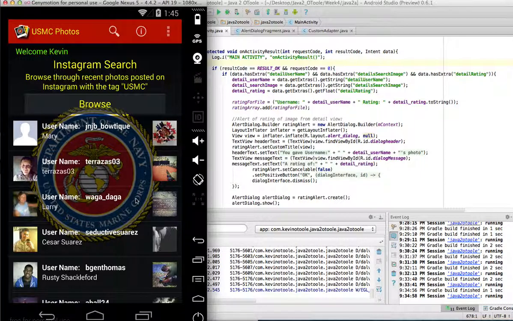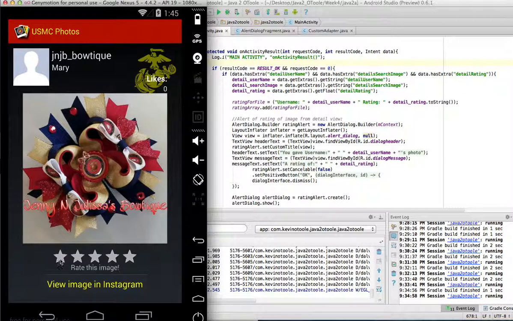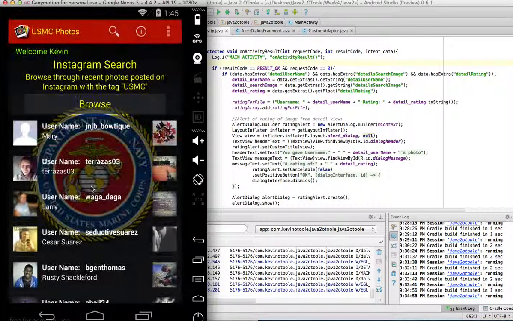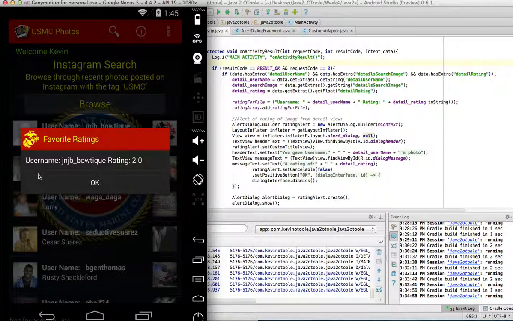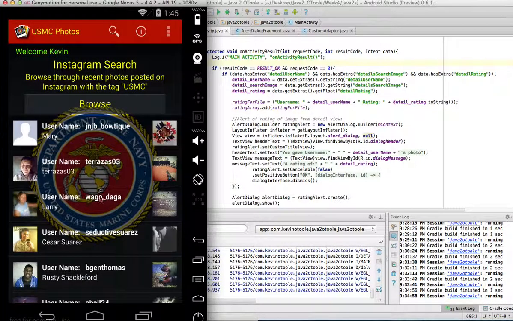So I'm just going to click on a couple different photos so we can see here. Here we'll just rate this with a 2-star. Go back, says I gave it a rating of 2. I'm going to go to my favorites, and here is my alert dialog that pops up with the username and the rating. So if I click on another one,